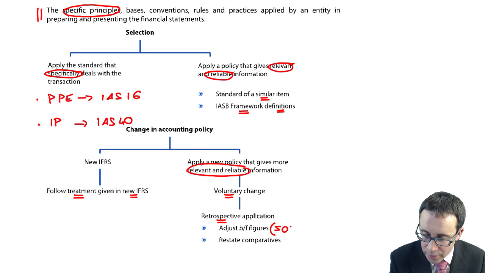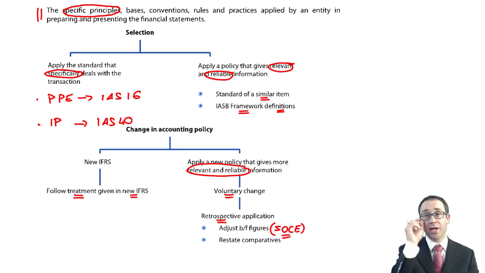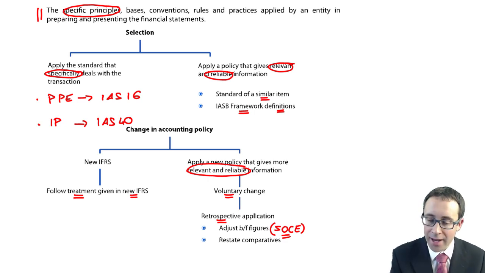So if you like, your retained earnings, and you will do that within the statement of changes in equity. Okay, so you will restate the prior year comparatives, and then that movement in the prior year figure goes into your opening retained earnings within the statement of changes in equity. Okay. Again, if you're applying a change in your accounting policy,